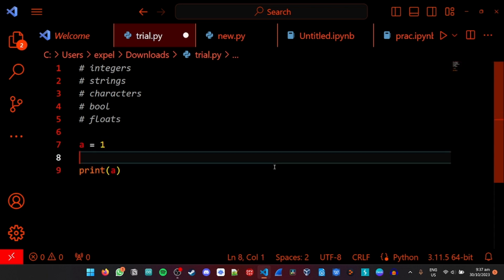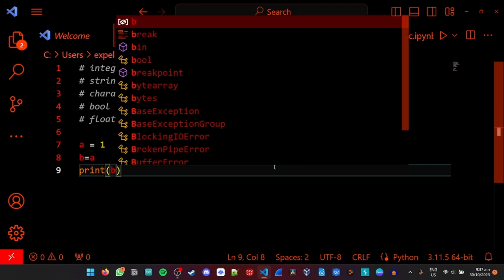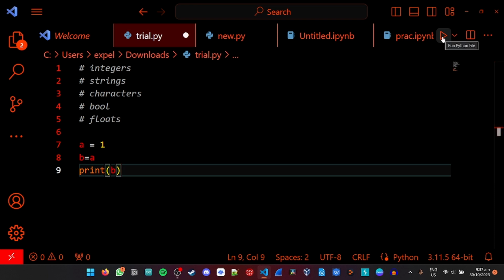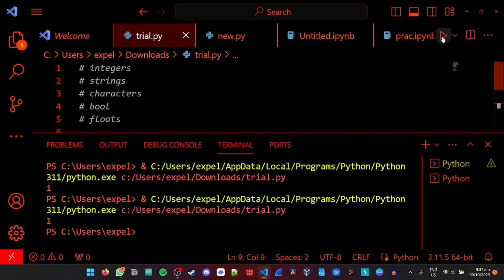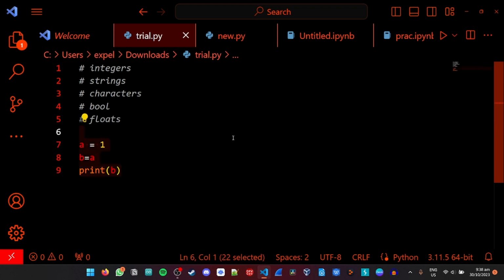So what happens if I do b equals a and then print out b? Well, logic tells you, it says take 1, put it into a, take the value of a, put it into b, and then print b, which basically says print 1, because you're printing the value of b, which is taken from a, which is just 1. Right, so now that we know the basics of how you can deal with and manipulate variables,